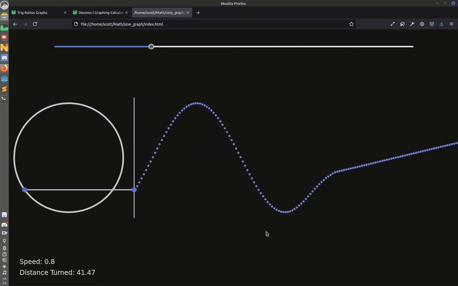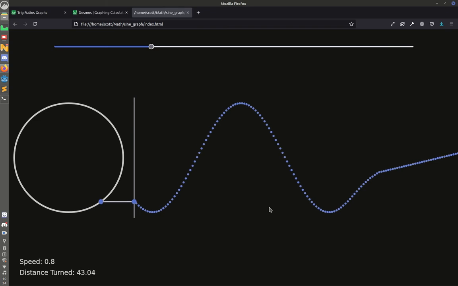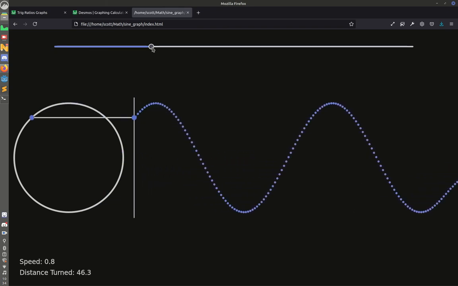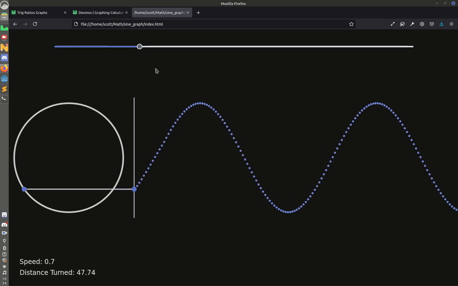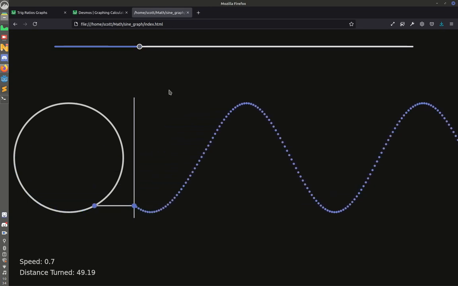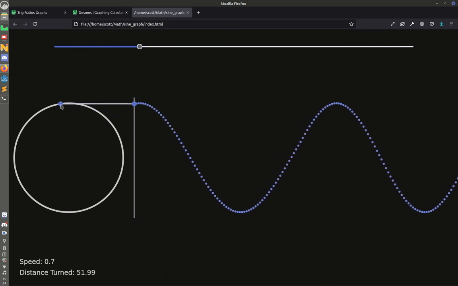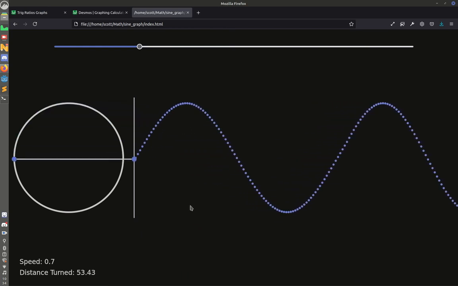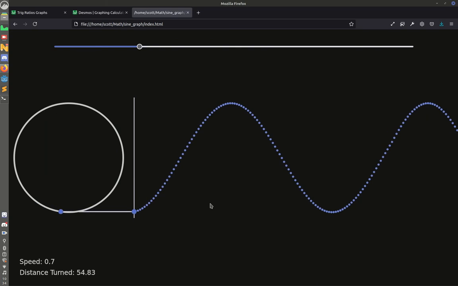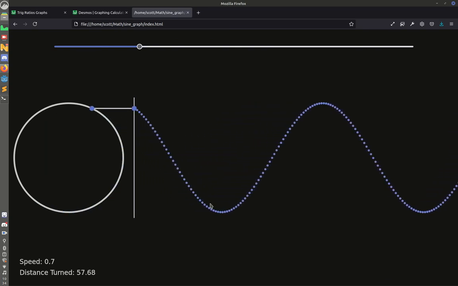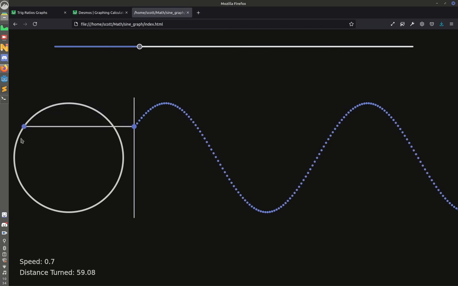making kind of longer waves than it did before, but still the same general shape. And this should make sense. It's taking longer to go around, so the shapes that it makes will be longer. They'll seem to be stretched out because it's taking more time for the point to move all the way around